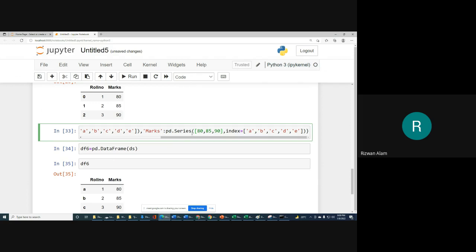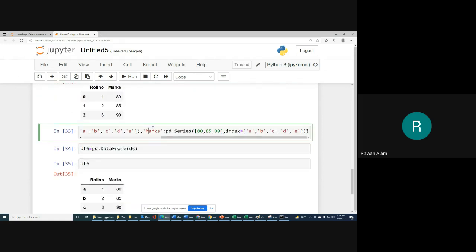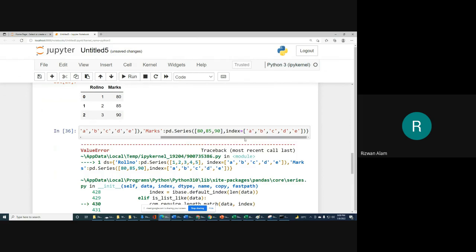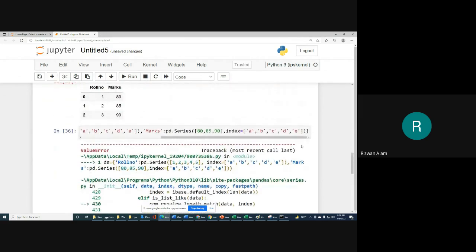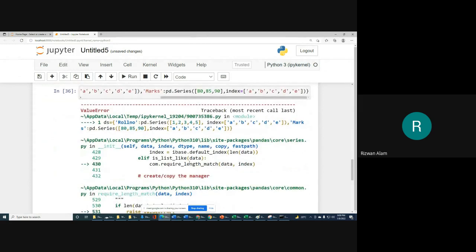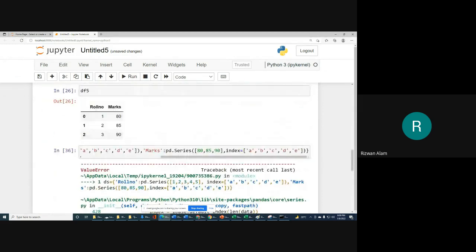What will it do for the last 2 students, or the last 2 roll numbers? Let me show you what it will actually put. With A B C D E, it says: length of values does not match. So that we can remove.